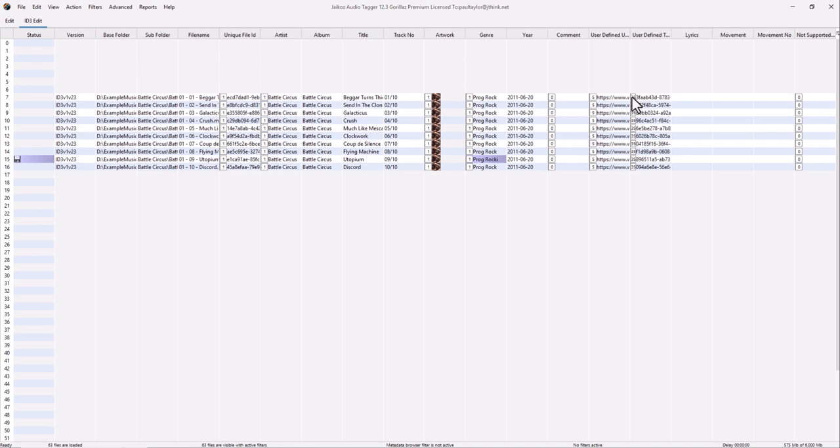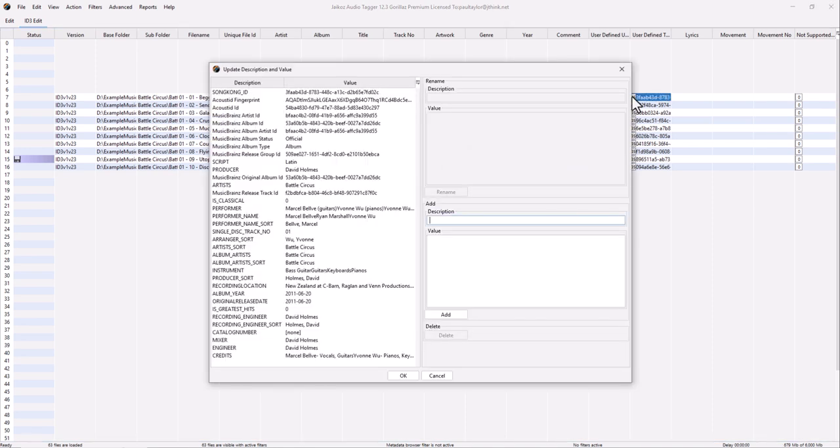So if we switch tabs, we see we don't have any values for the FLAC files because they do not support ID3. Only for the MP3 album by Battle Circus. For ID3, many fields are stored as a user-defined text info field. As we can see if we select the multi-value button,